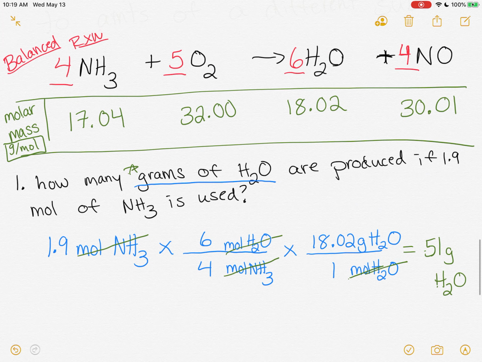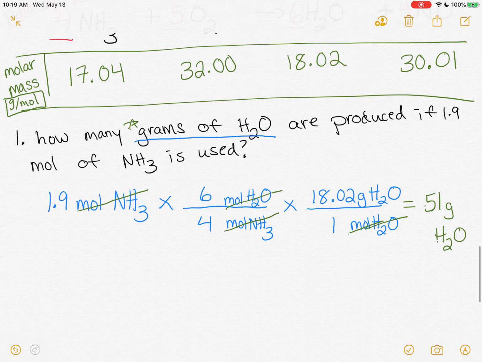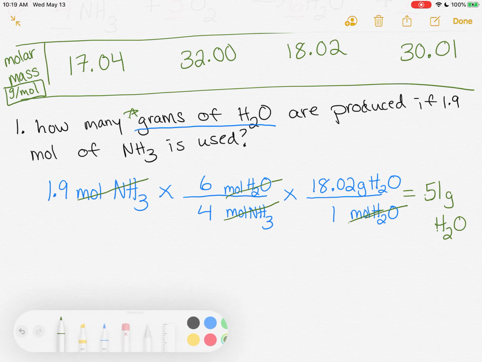Okay, and again, that molar mass always comes from the periodic table. So that's a conversion factor that's always true, right? 18.02 grams for 1 mole of water. Okay, all right, let's try another question. So in this one,